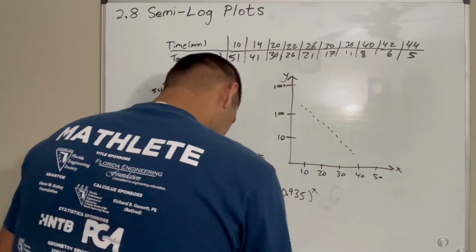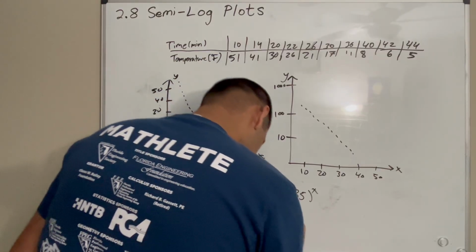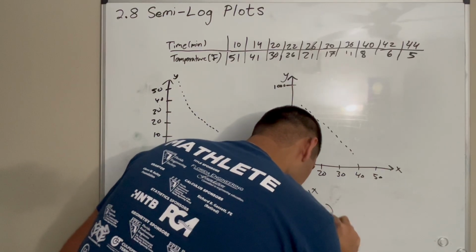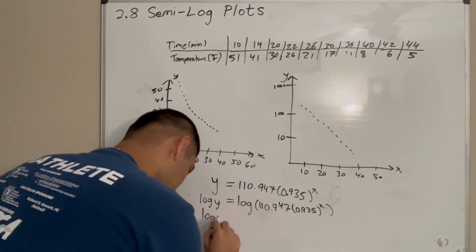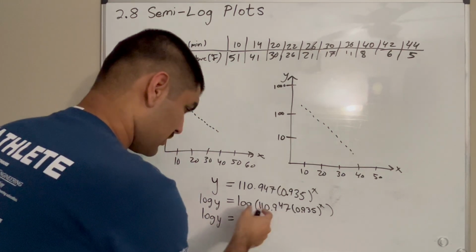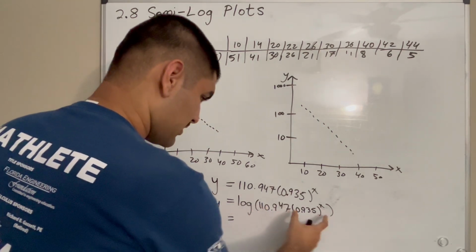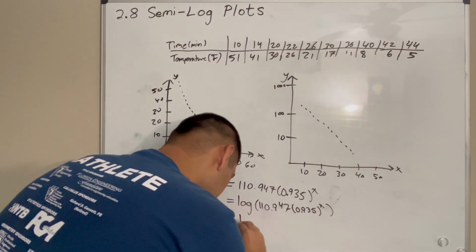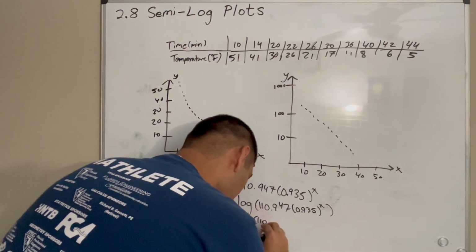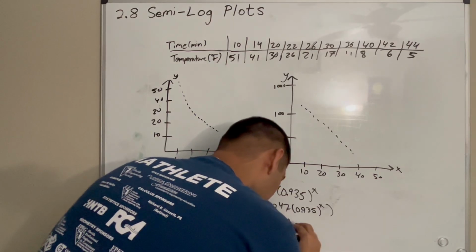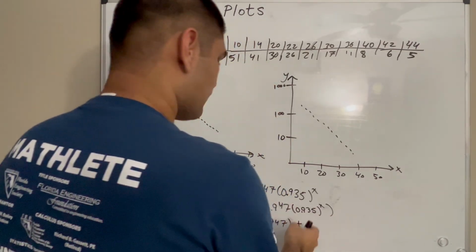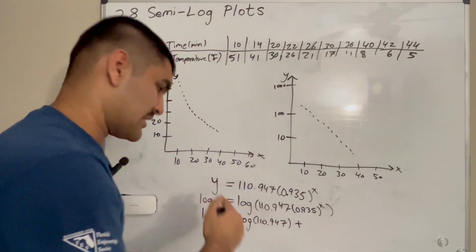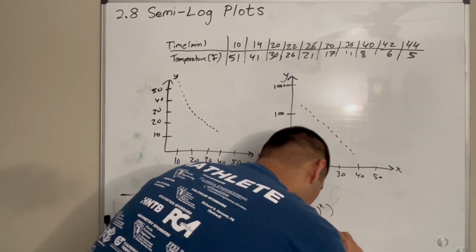And if you take log of this, and then you can just simplify, right? So here we have this number times this quantity. So we have a log of a product, so we can break that up into addition. So we have log of 110.947 plus log of this. And then I'm just going to skip a step because we have this raised to the x power. So we can take the x out front. So plus x times log of